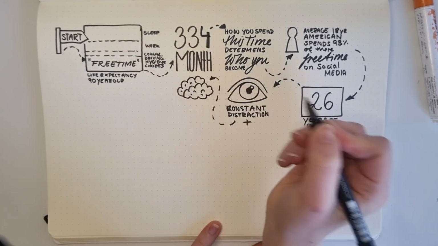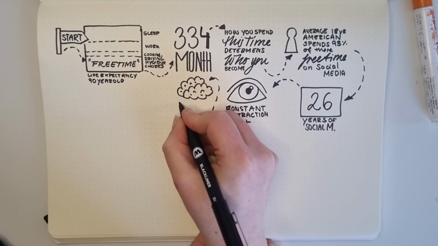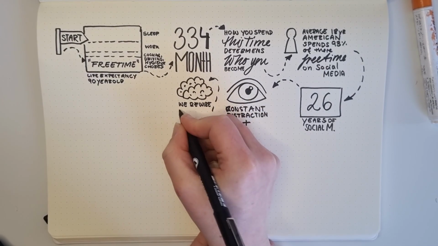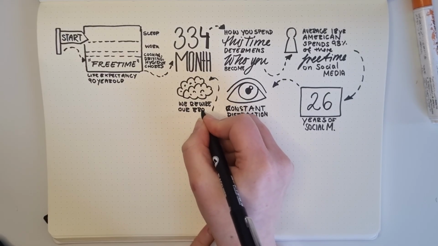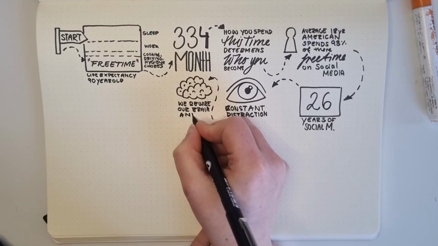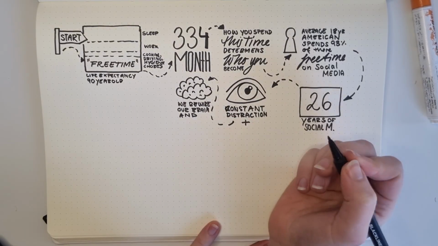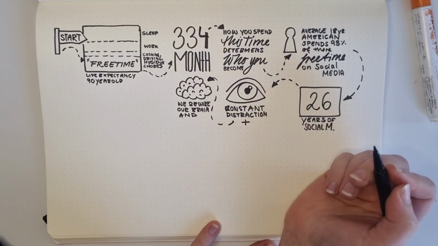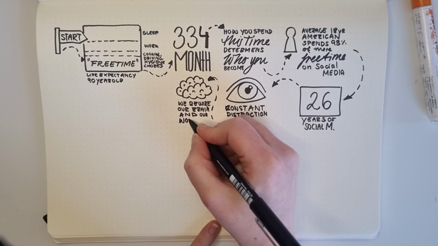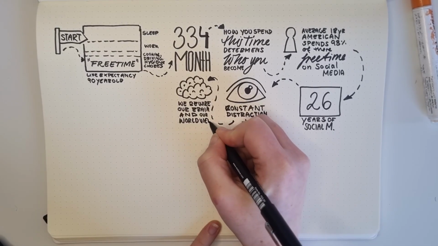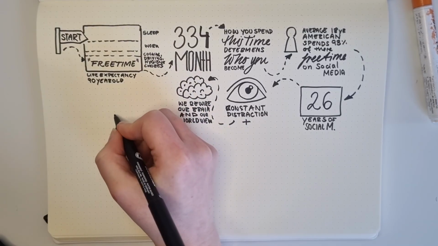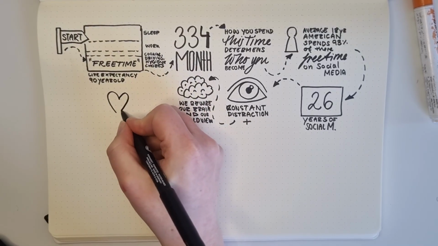And I thought it was really interesting because he didn't actually use that word rewiring. That's something I added myself, and that's something really cool you can do when you sketchnote. You can just add your own thoughts or implied meaning, and that's because everything that we know we learned at some point, and when you connect some new information with something you already know, it actually sticks a lot better. And that's exactly what I did here.